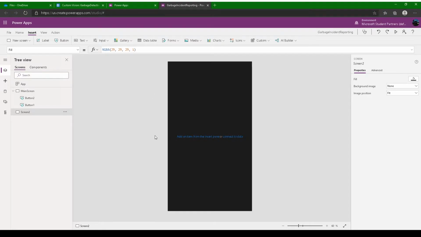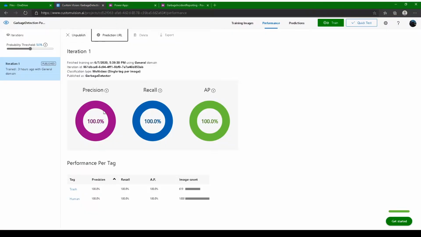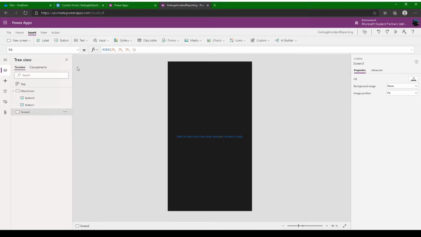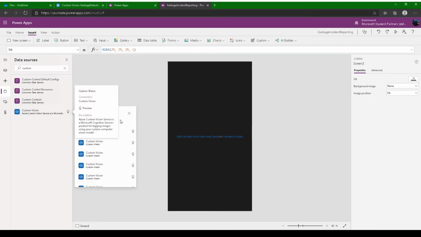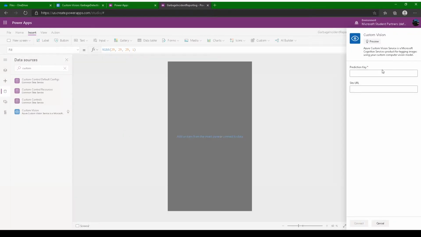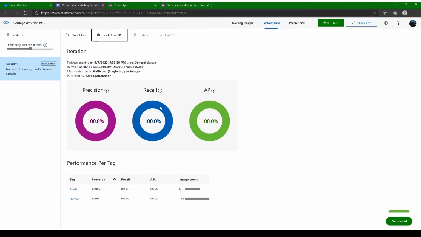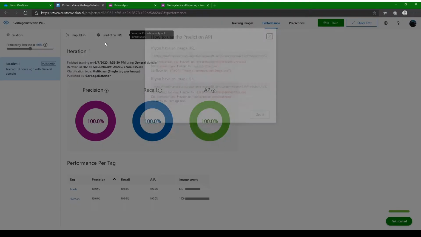Okay, so before we do this, let's connect our app to the Custom Vision model. Go back here, click data source, and search for Custom Vision. You can see there's a Custom Vision connector here. Just click add a connection. It would ask you for the prediction ID, which is available in the prediction resource.